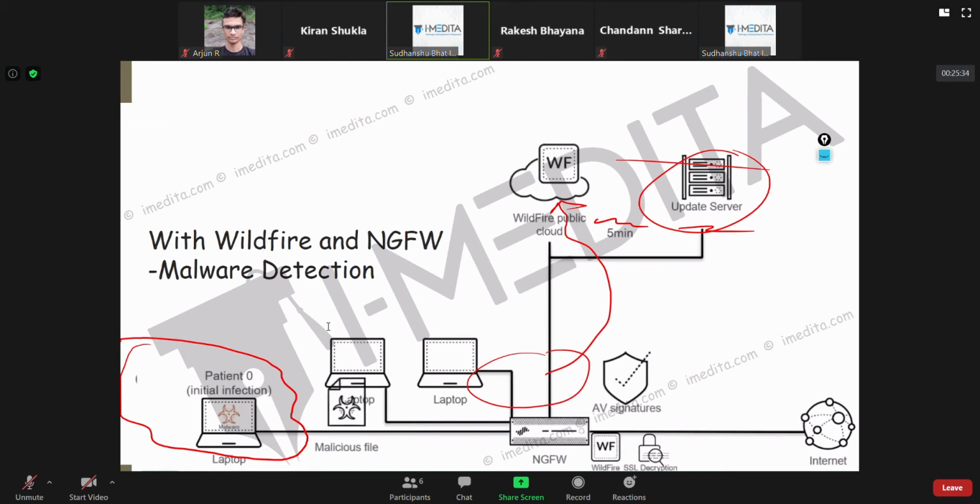So the benefit of this will be that, first thing, this same type or same method or same file cannot be used for attack at different organizations. Yeah, obviously. See, if you didn't submit the file to the cloud, then how are other people going to get to know that? There is no way.